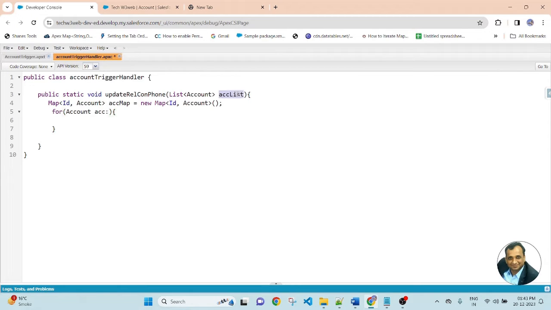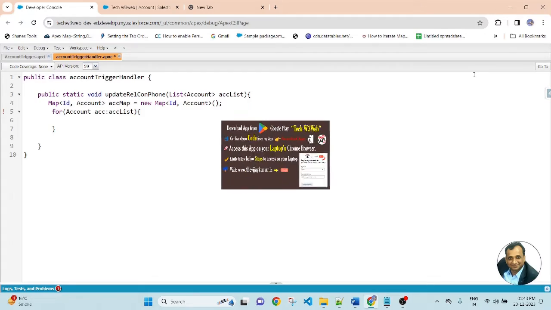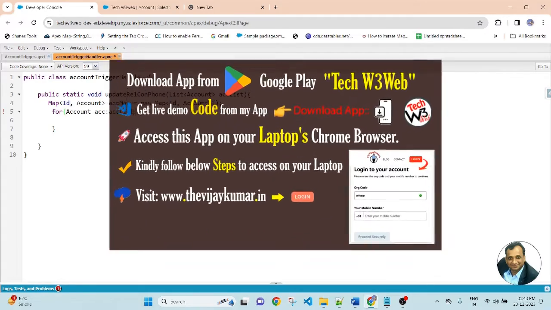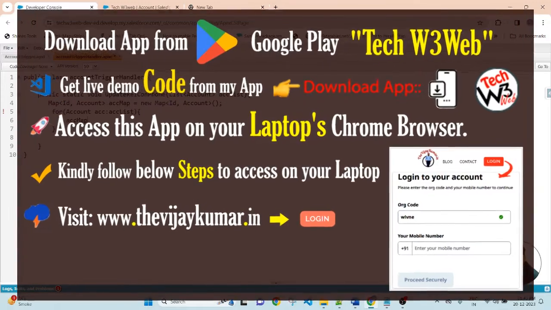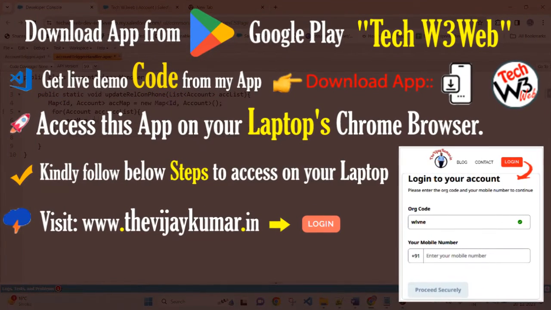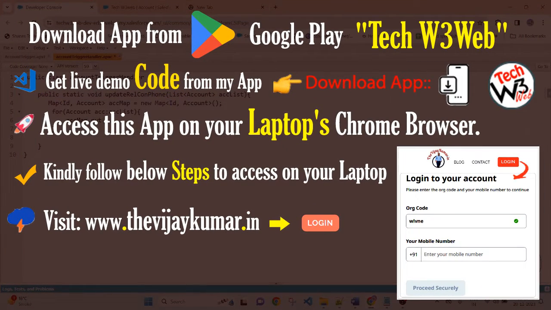Here I am passing the list of accounts that is assigned as the parameter. Then I will put the value into the map. So accMap.put, where I am putting the account ID and the account into the map: acc.Id, acc.